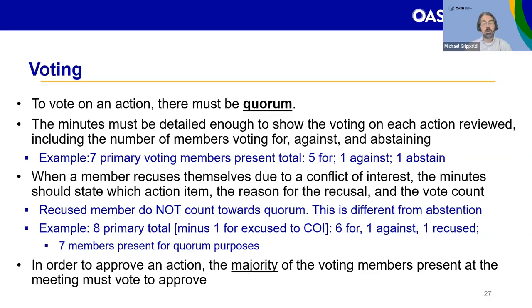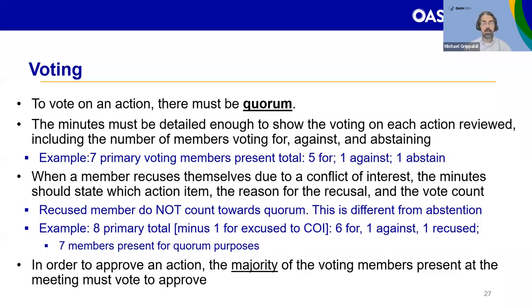Approval requires a majority of the voting members who are present at the meeting. This is different from the total number of the primary members on the roster. It's very common for not all of the primary members to be able to attend a meeting. And voting may only occur at the meeting. So individuals cannot vote ahead of time, and they cannot send a proxy to vote for them. Now, members who can't make the meeting are allowed to send their opinions and thoughts, and those can be used in the discussion, but voting only occurs at the convened meeting in real time.